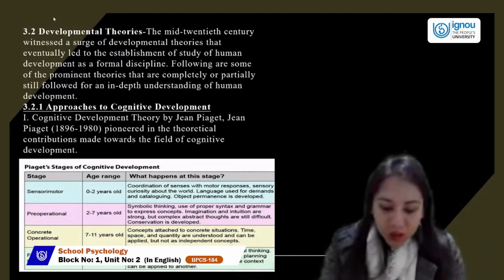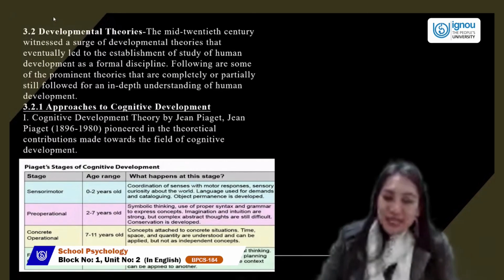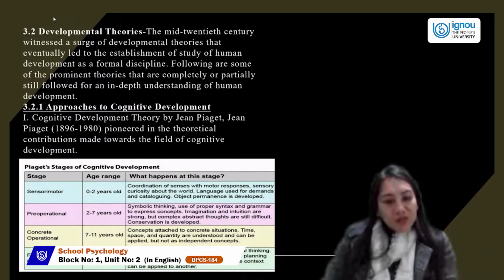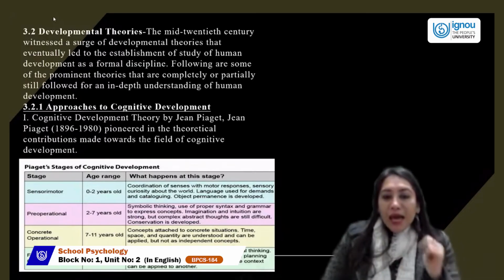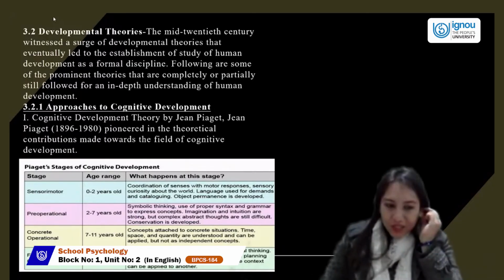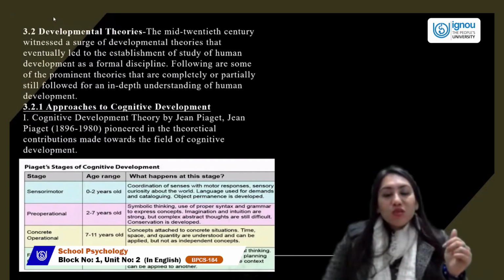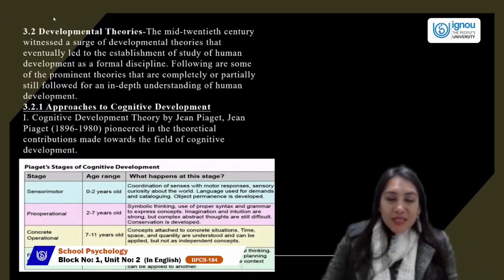Then comes the pre-operational stage. Pre-operational is the second stage, which goes from 2 to 7. Pre-operational talks about two things happening, which are symbolic thinking and, at the same time, intuitive thinking. Symbolic thinking talks about using syntax and grammar to express concepts. Then there is,